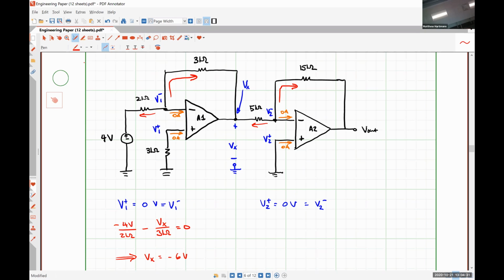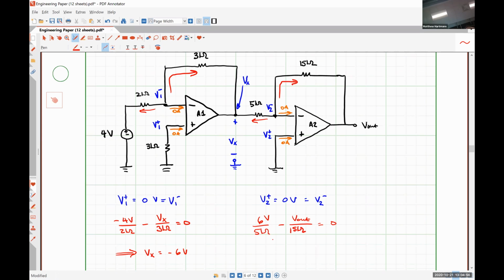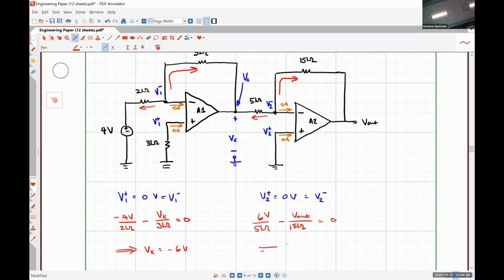So 0 minus -6 is +6 volts divided by 5 kilo ohms minus V out over 15 kilo ohms, sorry, is equal to 0, which would then give us V out is equal to